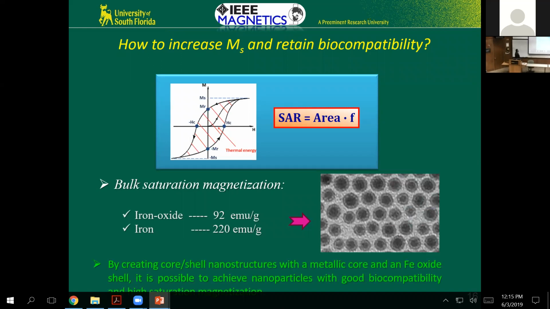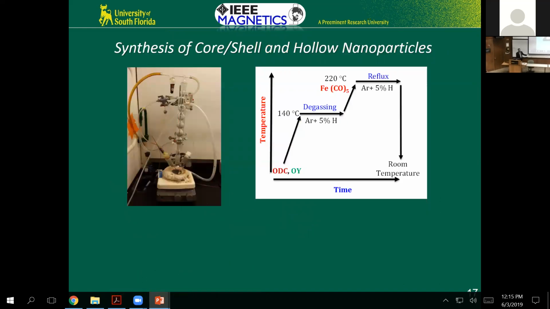Okay, so those of you that are interested in chemistry, what we do here is very simple thermal decomposition. That's what we use in our lab, and many other groups use this. Essentially, you can control the particle shapes and size and the growth process by playing around with the temperature, the reaction time, and also the surfactants that you use for